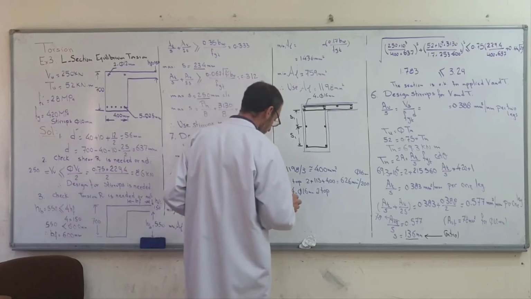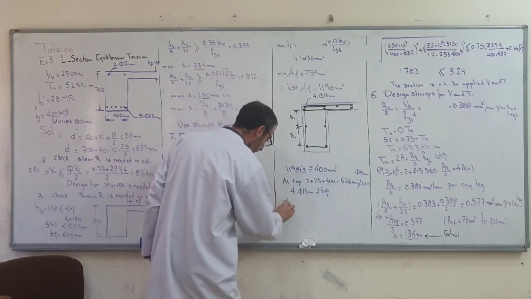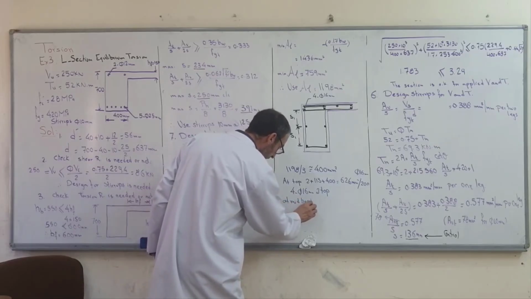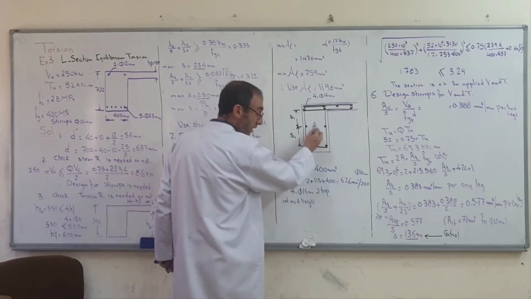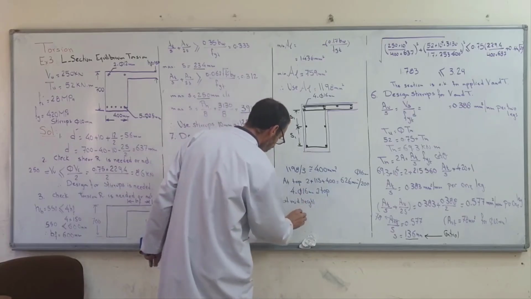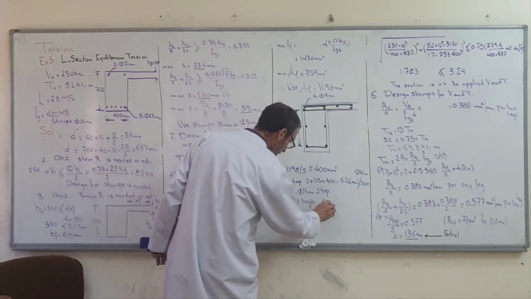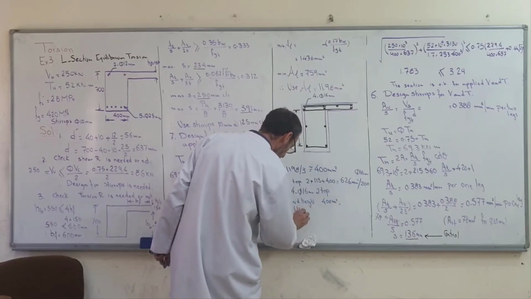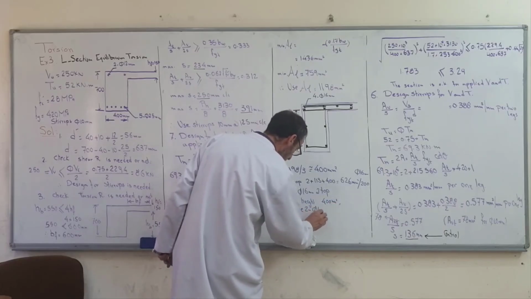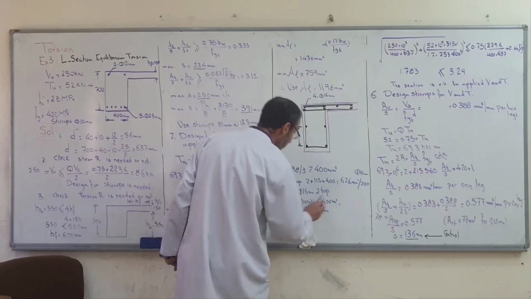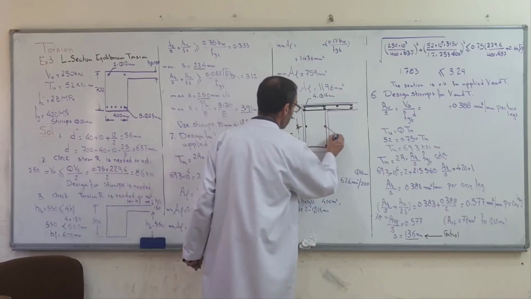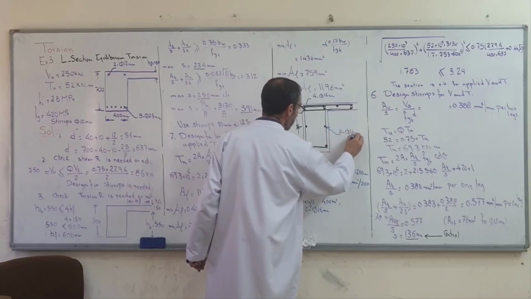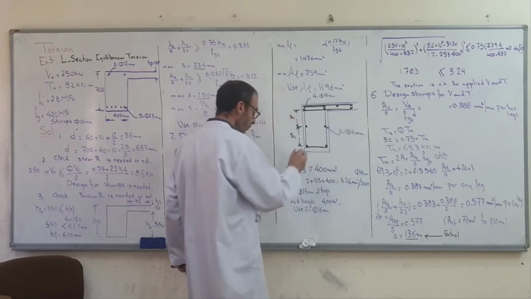Now at mid height, 400 millimeters. So use 2 phi 16 millimeters. This is 2 phi 16 millimeters. Now at bottom we have